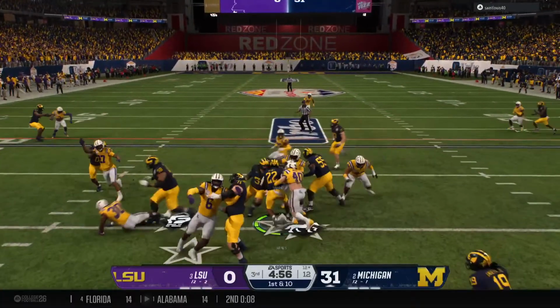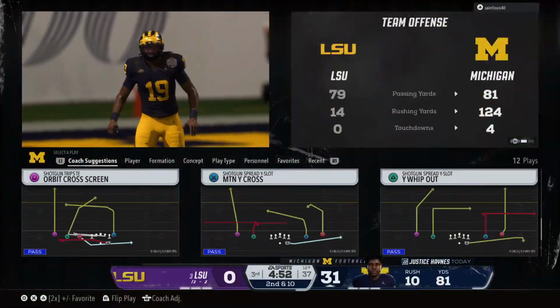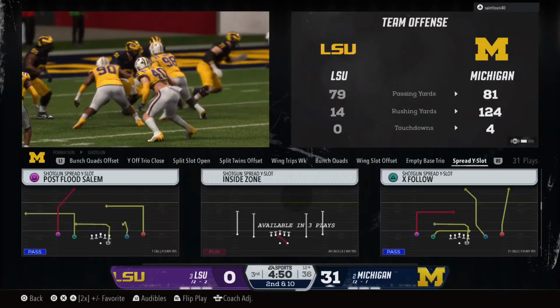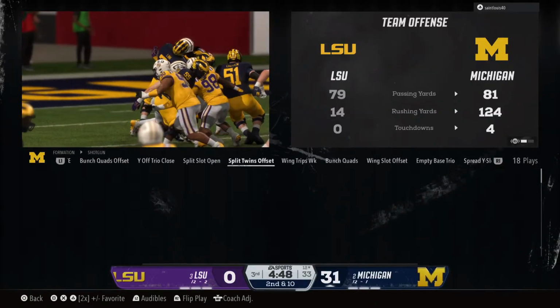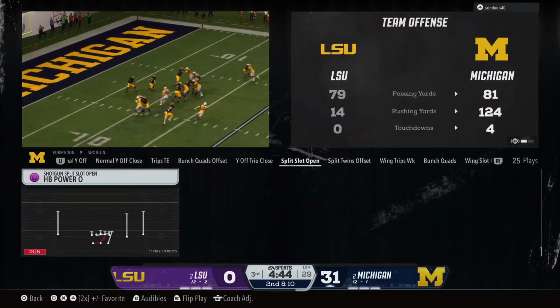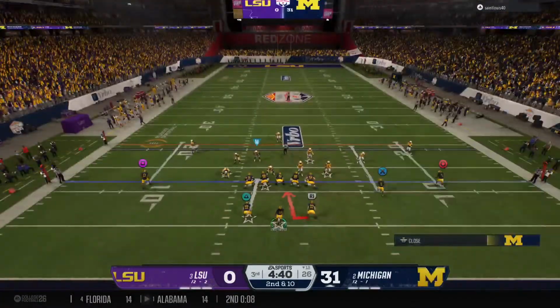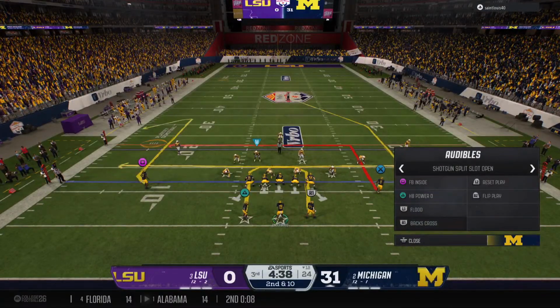We get the second half started with a running play. Try to run it up the middle, but get nothing. The defense made a good play there, but needs to string along more stops like that against this running back if they want to be able to win this game. The run game has looked good in the first half, but maybe that won't be the case from now on.